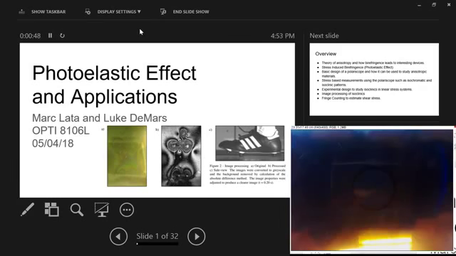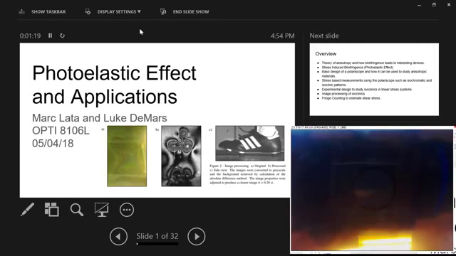Just essentially put, photoelasticity is the result of stress-induced birefringence, and this is really useful in studying mechanical systems. So essentially, I'm just going to preface this so that you have this in mind while I'm presenting: you have polarized light that is either transmitted or reflected off a stress-induced birefringent material. And as a result, you're going to see